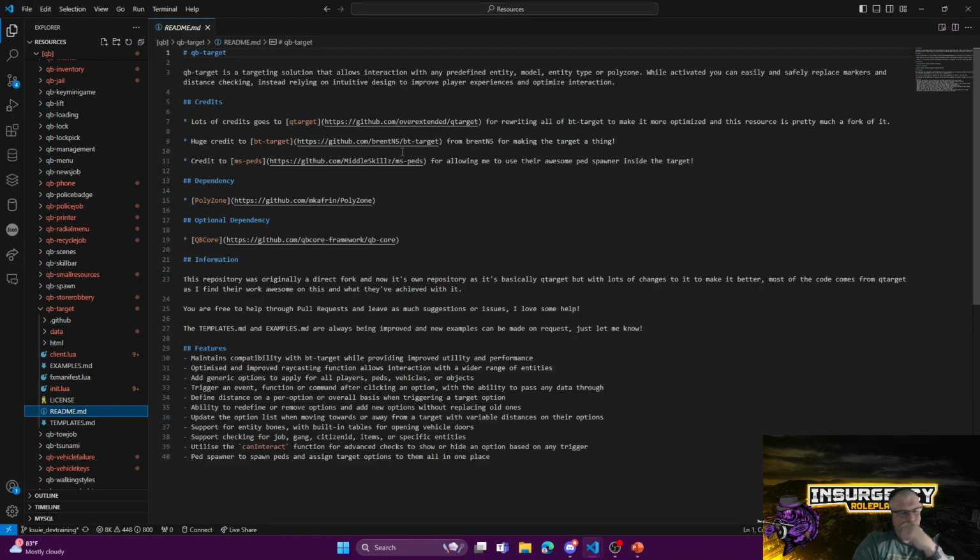I'm not going to read through the whole thing, but this is going to tell you about any dependencies you have. Polyzone is definitely a dependency because polyzones is what creates the area where the QBTarget works. So you have to have polyzone. They give you a link to it. QB core is optional, but yeah, if you're going to be attending my class,